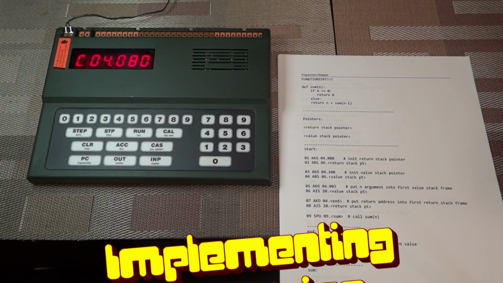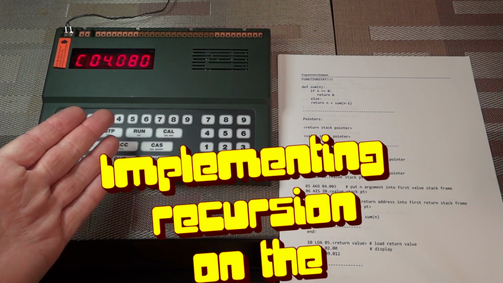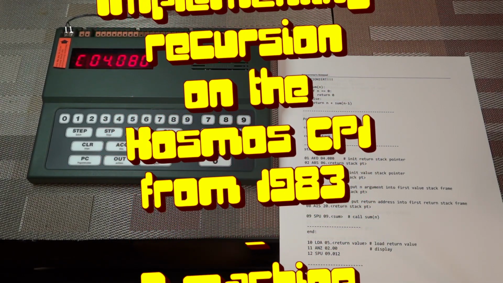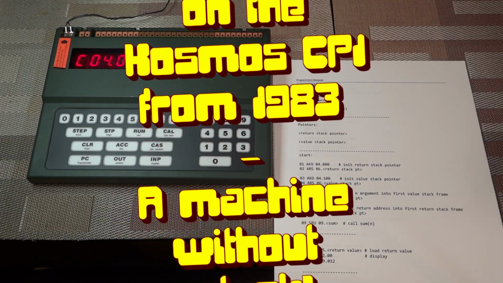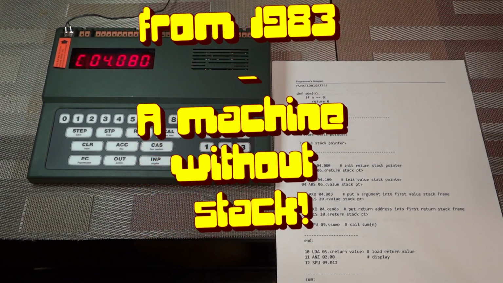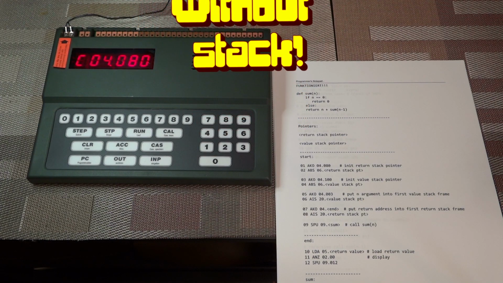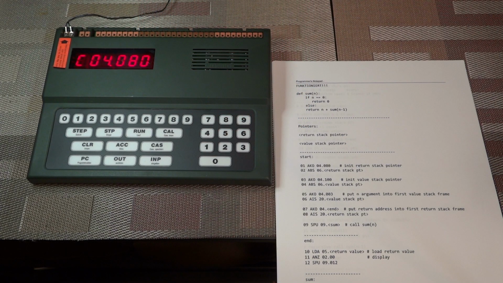Hello, vintage computer friends. We are not done yet with our 1983 Kosmos CP1 educational computer, and in this video I'm going to show you how to implement a recursive version of the summation program that adds the first n natural numbers, right? And in the previous two videos where I implemented this on the CP1 as well as on